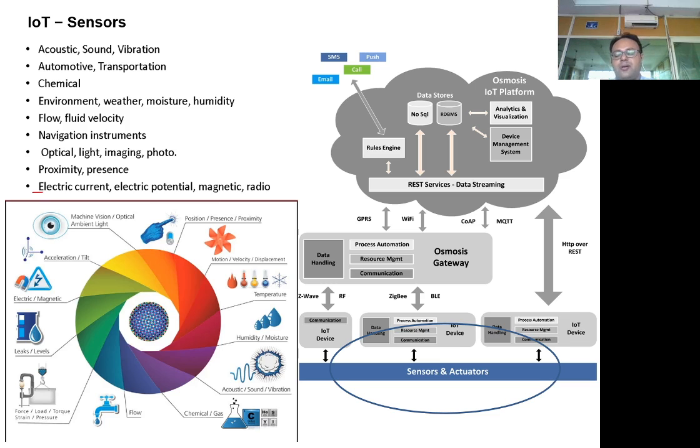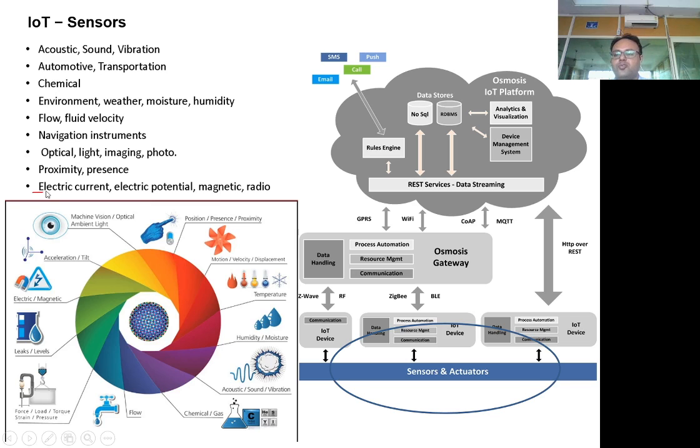MEMS are micro electromechanical devices. These are small chips that are used in the machine industry, especially CNC machines. Right now they are using them to improve the efficiency of the machine and optimize the time of production. And apart from that, there are many other classifications based on which you can use the sensors as per